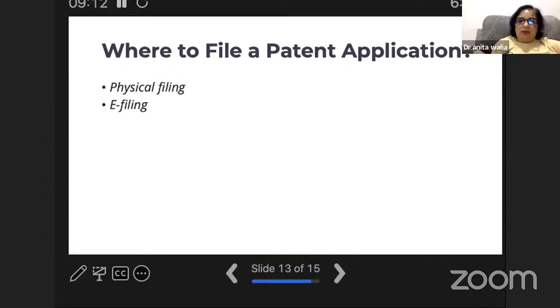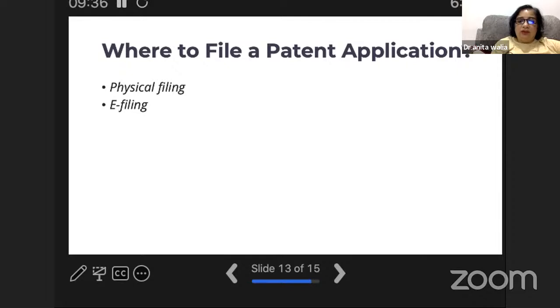So for an applicant who is non-resident, non-resident Indian for example, and they want to file a patent in India, can they do that? They can also file it because it is allowed universally. You can file in any country, but if you are not domiciled, then what do you do?